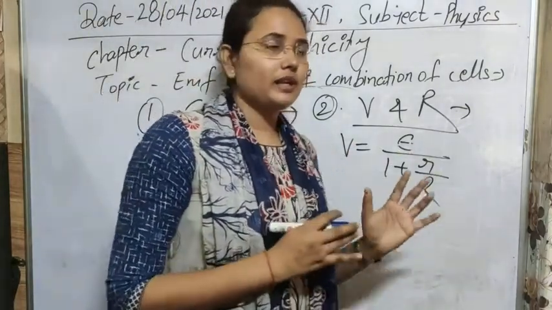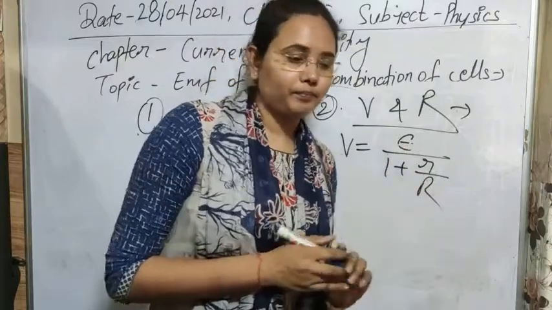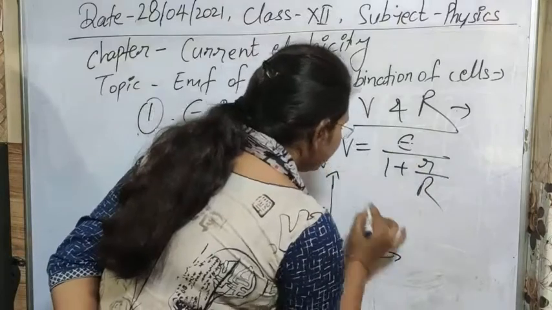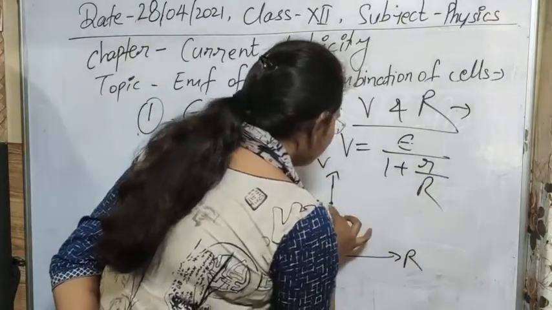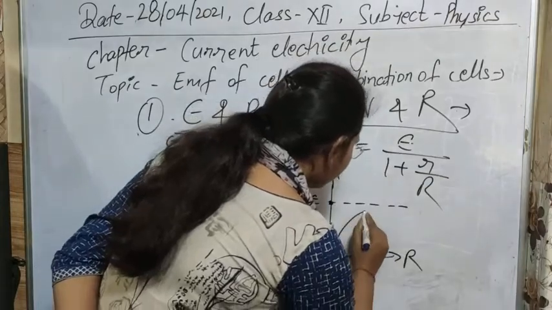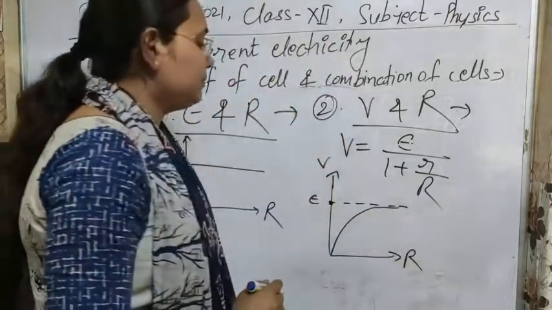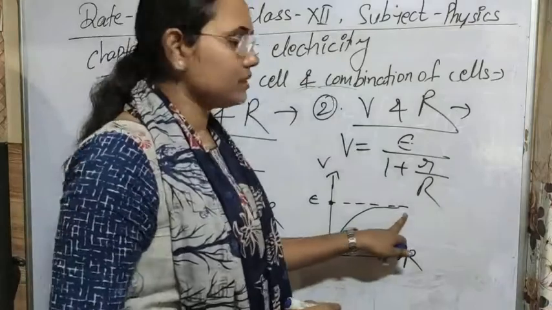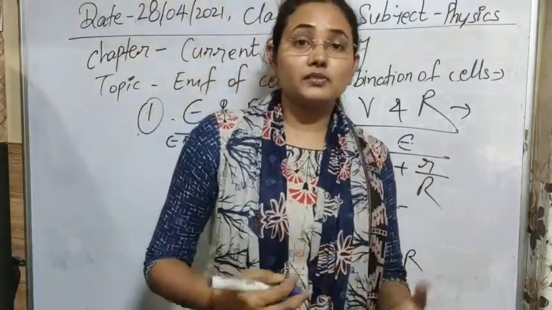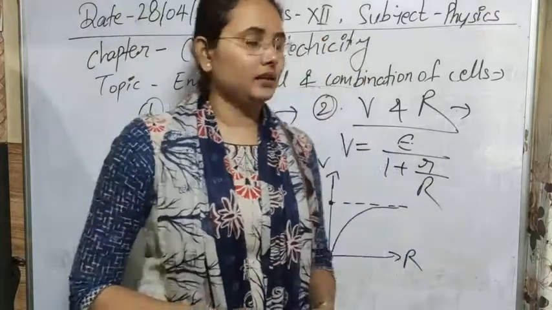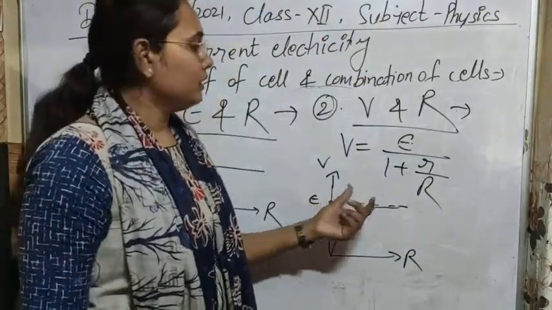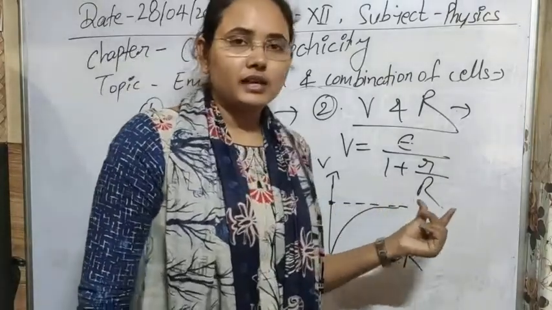So in this way, this is just like the graph that you can understand. This is our V, this is R. Suppose this is the maximum possible potential, that is equal to EMF, then its graph is just like this. It starts to increase with resistance, and in this way it becomes constant at a greater resistance, when current becomes 0 in the circuit. Clear? So at that time it is equal to the EMF of the circuit. So in this way you can understand its graph from here.